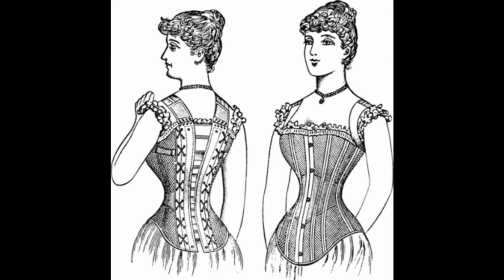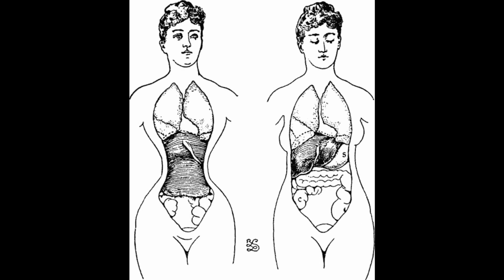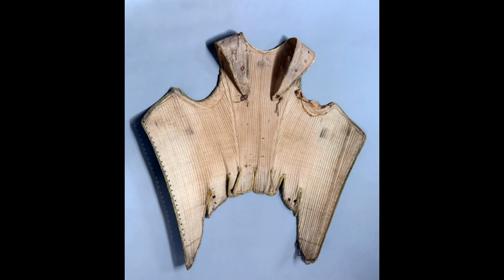Another common myth revolves around the horrible discomfort of corsets. This too stems from the tightly laced waists of the 19th century. The corset worn in Elizabethan England, when fitted and laced correctly, is quite comfortable. As the corset was hidden underneath the other layers of dress in the 16th century, finding out about it is